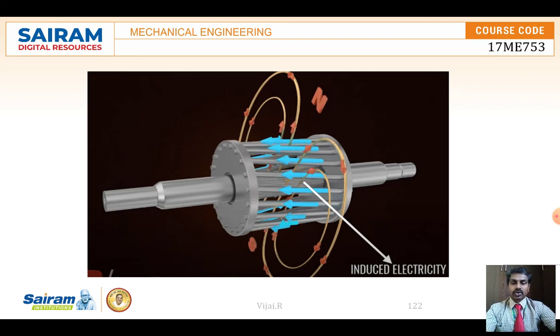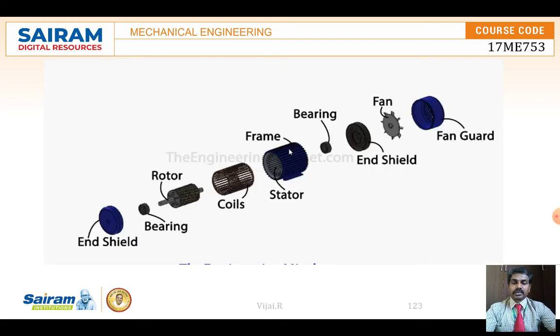So this is how it functions when we supply electrical power through the coil. Then the rotor is going to be rotated because of this magnetic supply. So here these are the simple components: a stator, a coil, and then the rotor. That is the order in which they are located inside.